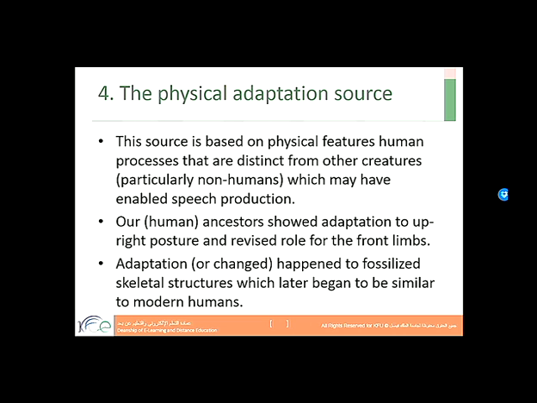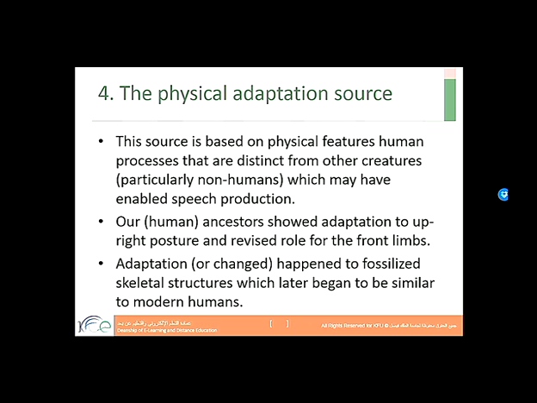As we know, humans have different physical abilities and different organs that non-humans don't have, which would enable humans to articulate speech.